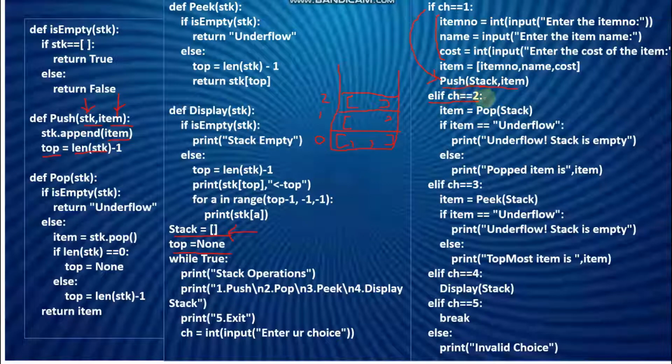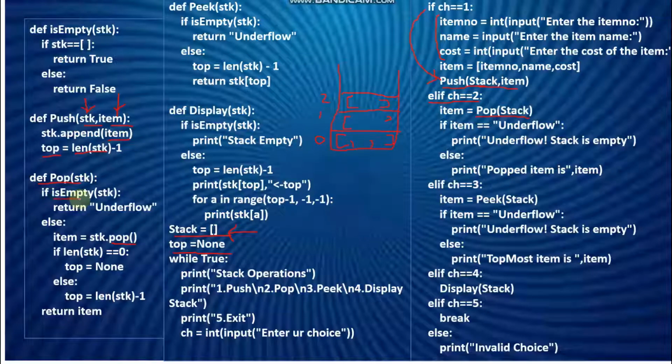When my choice is equal to 2, and I'm calling the pop operation, the pop function is going to be called and it directly moves to this particular line. Here what is being checked? Whether I have some element inside the stack or not. If I have an element, I can make use of the function called pop. If the stack is empty and I'm calling the pop function, it is going to throw an error. Before that, we have to check whether some elements are available within the stack.